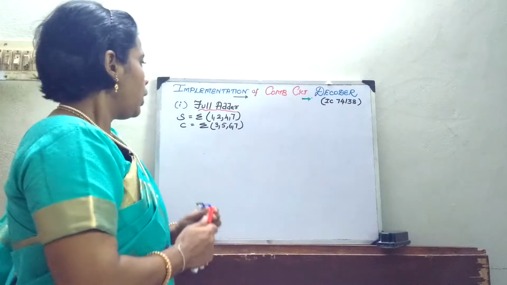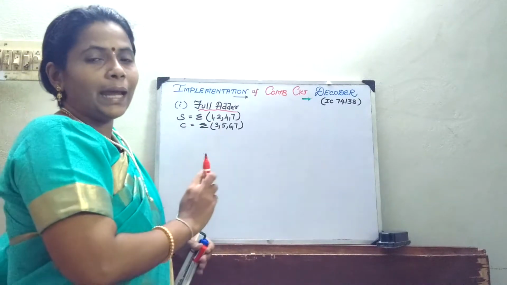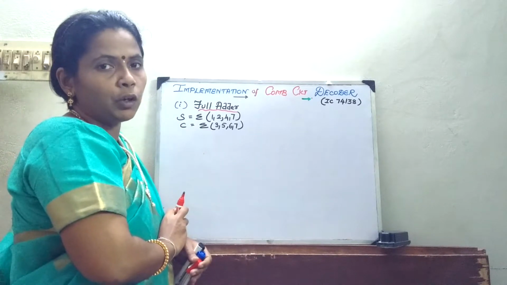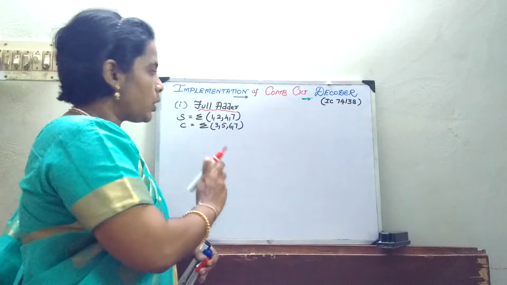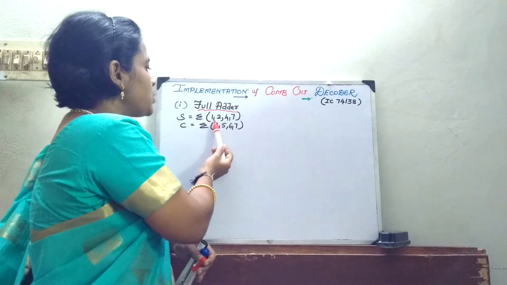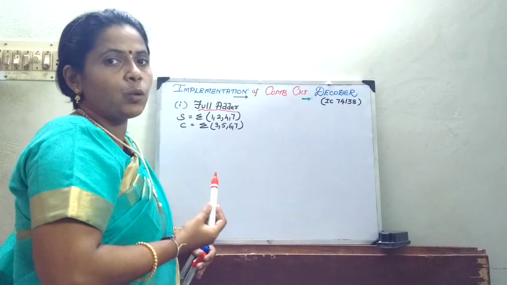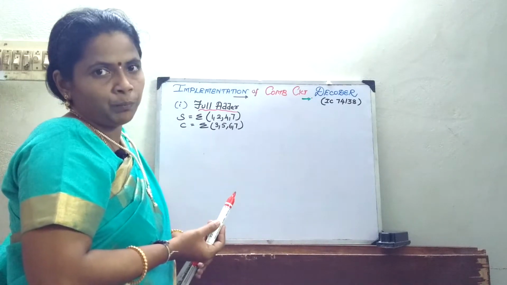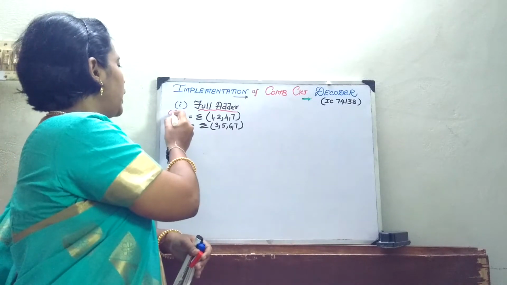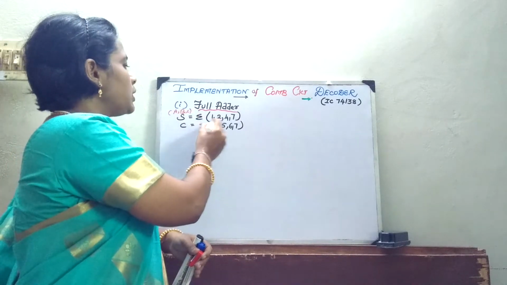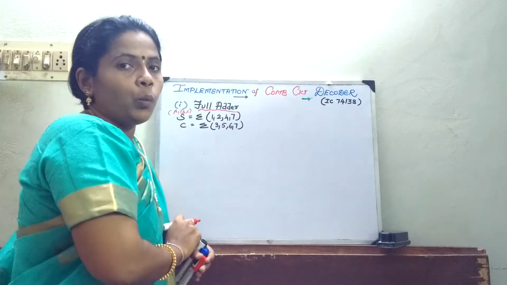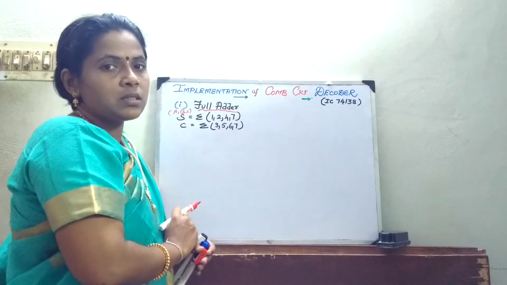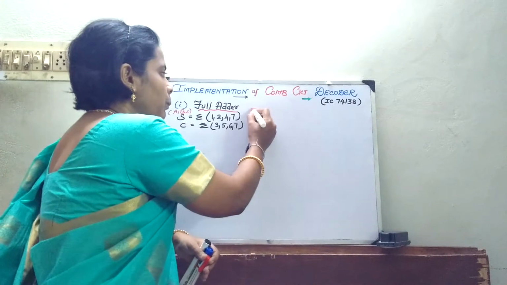Now I am going to take the full adder circuit, where I have written the sum expression and the carry expression, which are the outputs of my full adder. In this case I have the minterms 1, 2, 4, 7. That means it is going to come under 0 to 7, so I have to go in for 3 inputs. Either it is specified here as sum of a, b, c, or from the right hand side also you can find out whether it is going to be a 3 variable one or a 2 variable one. So in this case I have to have 3 inputs.